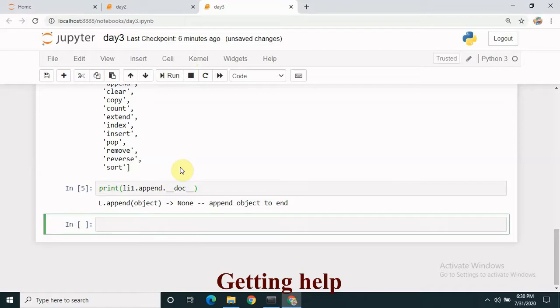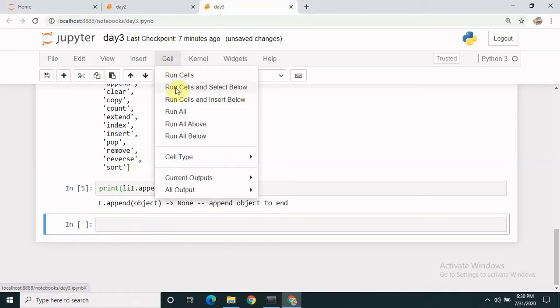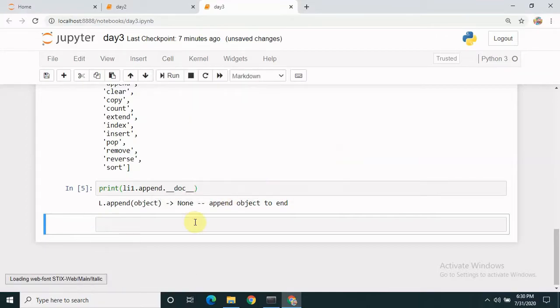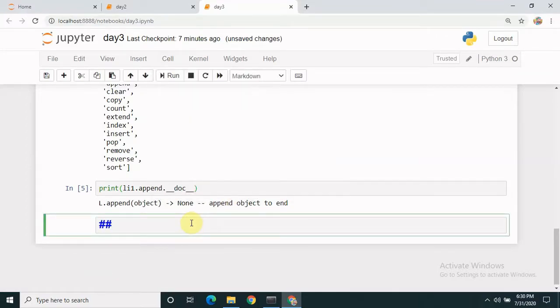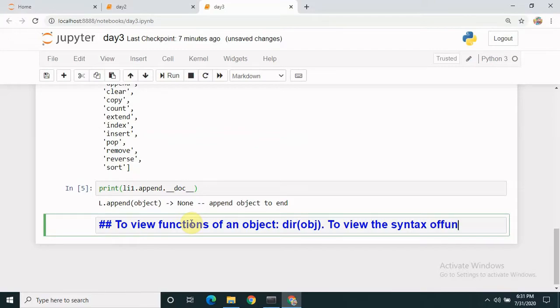So let's put this cell as markdown. View the syntax of function.